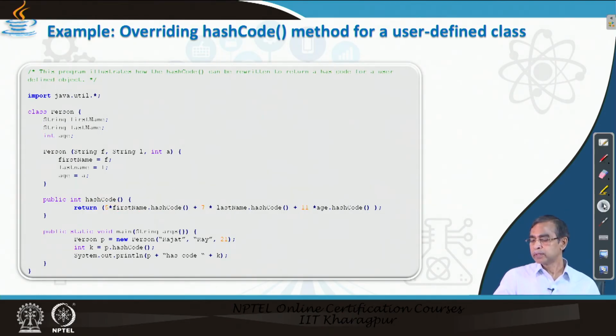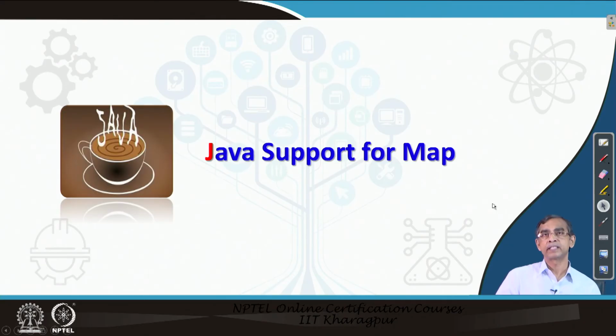So, we have learned about the concept of hashing and hash code generation, and how this hash code gives a unique representation for a given key value of an object, where the key value can be only a single attribute or it can be multiple attributes, as we have learned in the last examples, where first name, last name and age are considered as attributes to generate the objects. So, whatever it is, not an issue. The key value is not necessarily a single value, it can be a composite value, what I want to mention categorically.